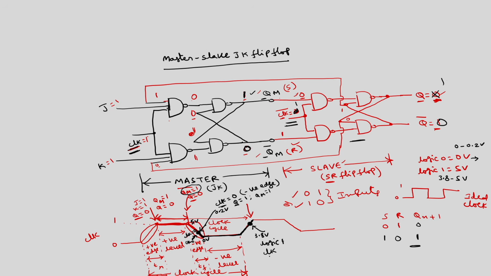So, after this point, clock becomes 1, so the master is enabled and the slave is disabled. Okay. The master is enabled means Qm will change at this point. What will this Qm be now? This 1 is tied here, 1 is tied here, this becomes 1, J and K are 1s, the clock is 1 and this will be 0. So this 0 means this becomes 1, and all three 1s mean 0.